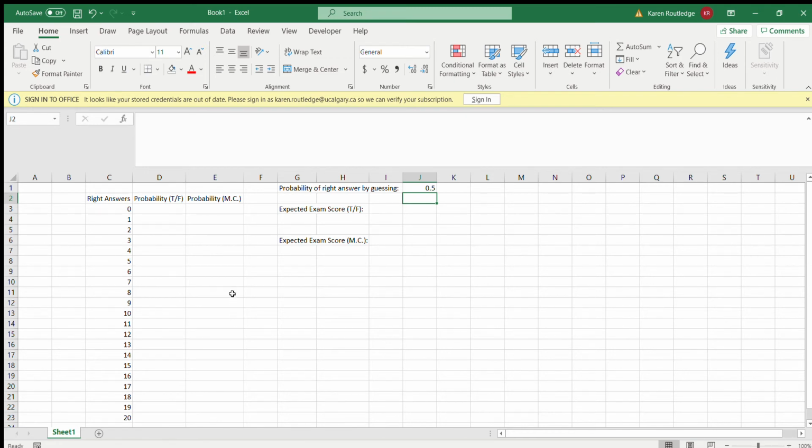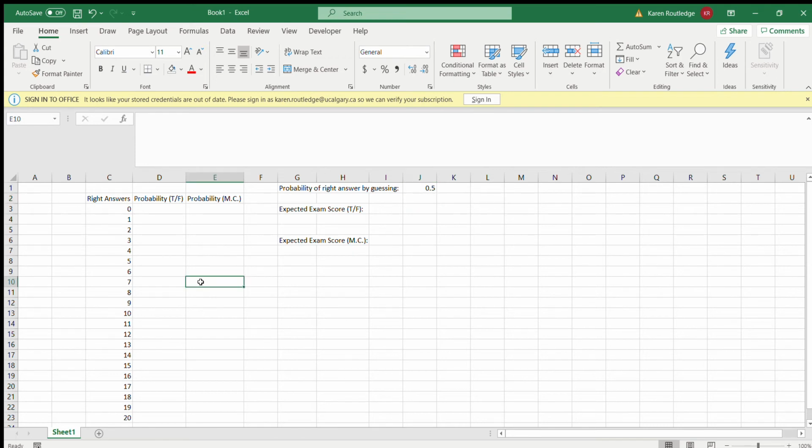I then want to ask, since we're talking about comparing the final student grade to a 50% pass-fail threshold, I want to know, well, given this 50% chance, what is the expected exam score for a student that didn't know anything, that is having to guess on every single question? What grade are they most likely to get in my 20-question true-false exam?